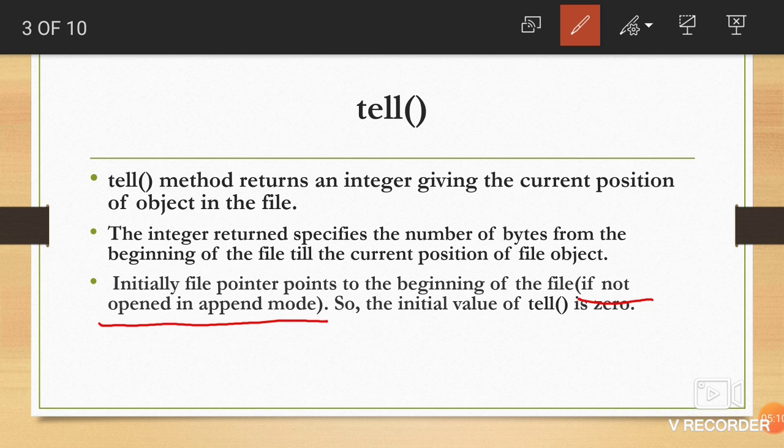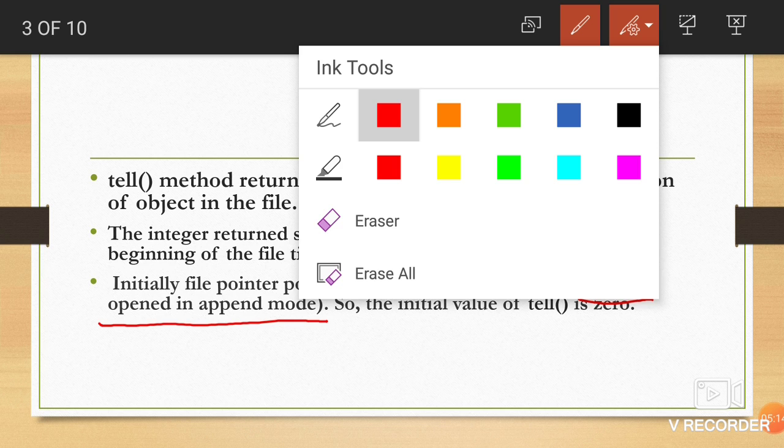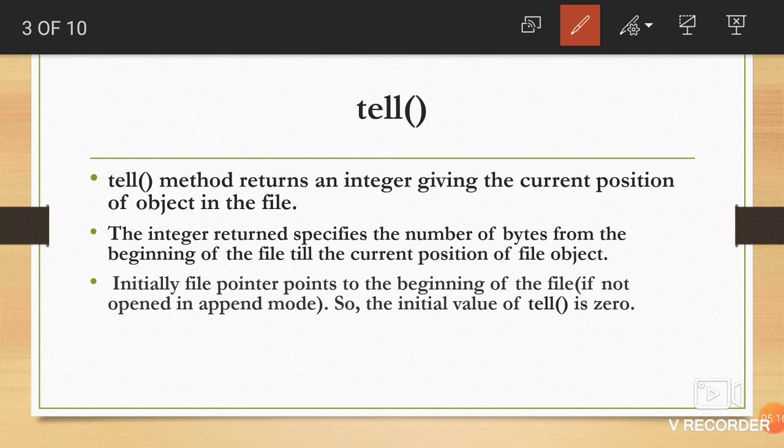So the initial value of tell is 0. That you have to remember.